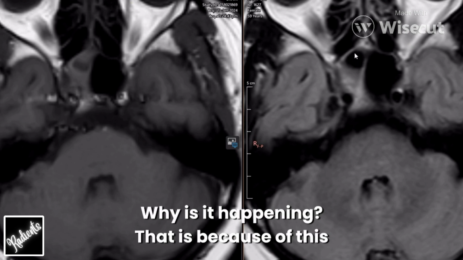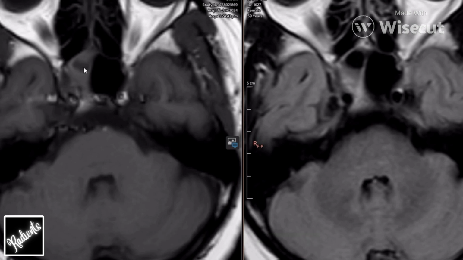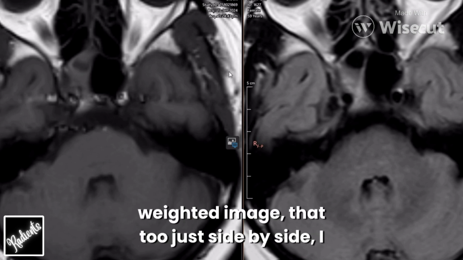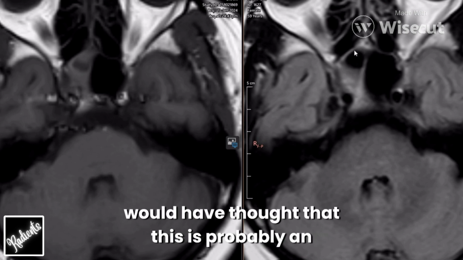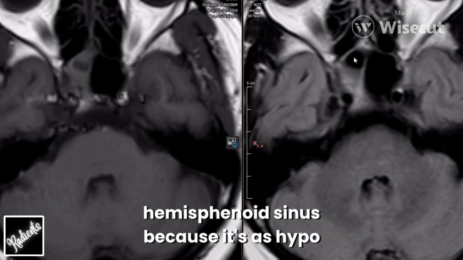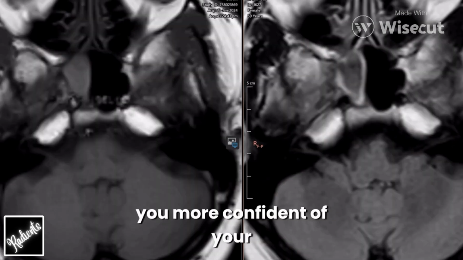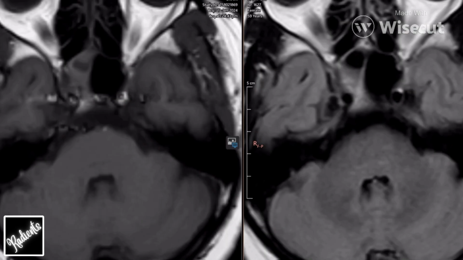Why is it happening? That is because of this lesion. Had I not seen the T1 weighted image, that too just side by side, I would have thought that this is probably an ethmoidal air cell, posterior ethmoidal air cell, that has invaginated into the right hemisphenoid sinus, because it's as hypointense as air. And that is what makes you more confident of your diagnosis of a fungal ball, because